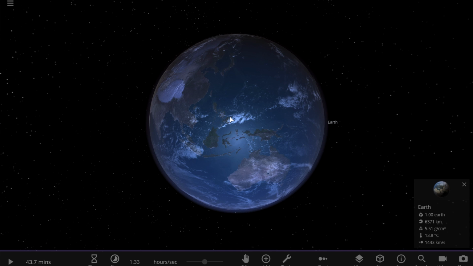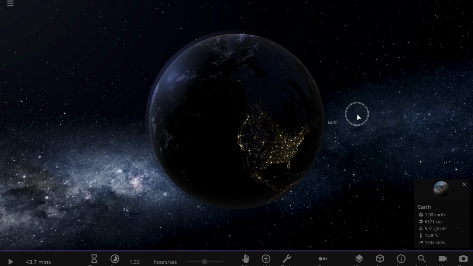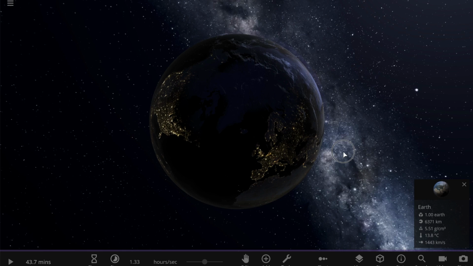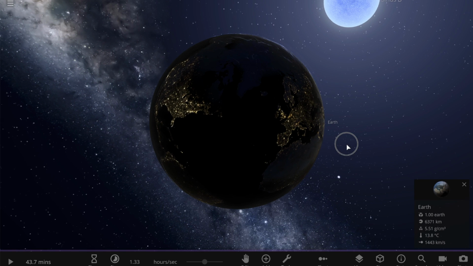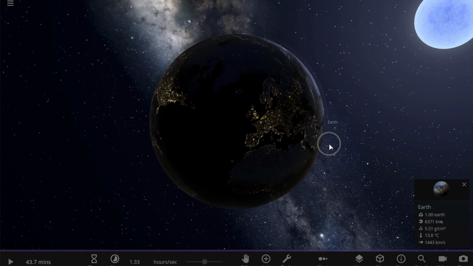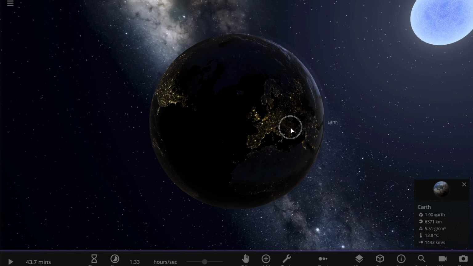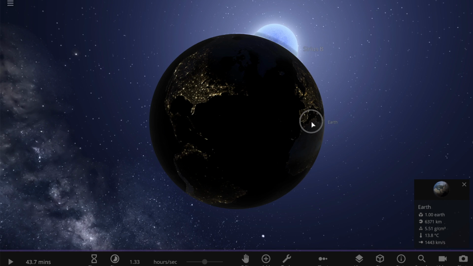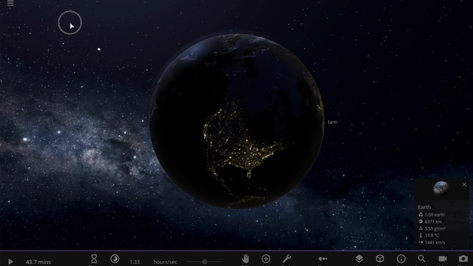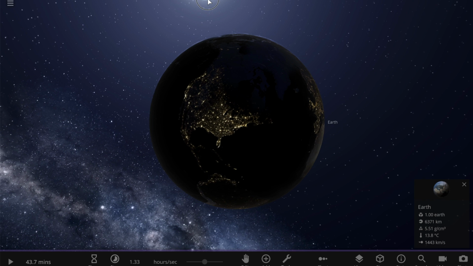Hi, I'm Ethan Kwan, and today I'm going to be showing you our beautiful Earth getting destroyed by Sirius B. Sirius B is a white dwarf that is basically in the main system called Sirius, and this is just a hypothetical example, but after Sirius destroys Earth, sadly, I'm going to be